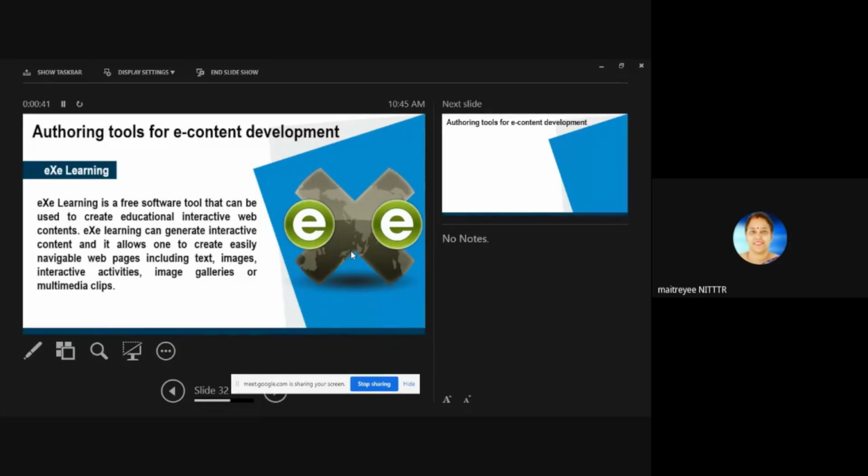So, for example, eXe Learning is a free software tool which can be used for interactive web pages, web content, right? So the authoring tools are the ones which can integrate all these things, and it will create a web page for you which will look like your e-content, right? And these web pages include text, images, activities, image galleries, or multimedia clips.